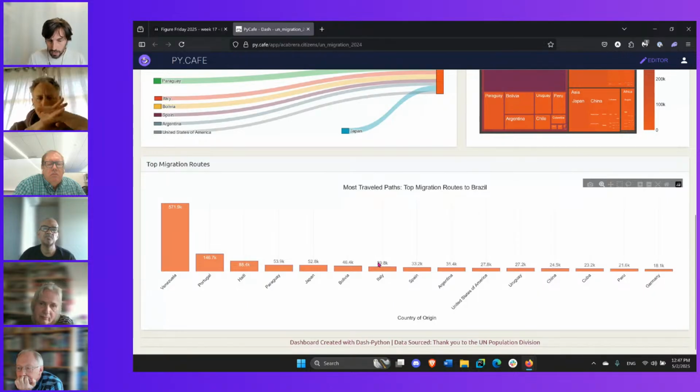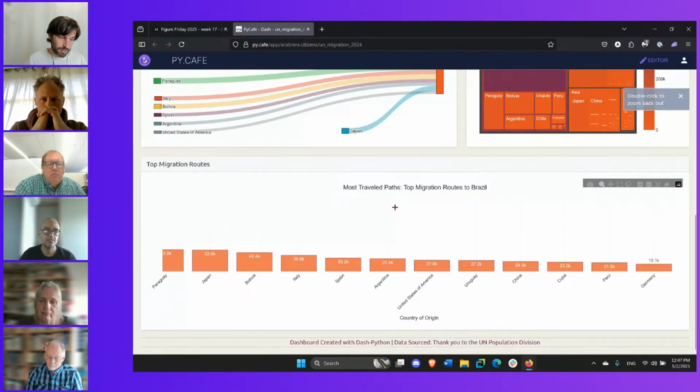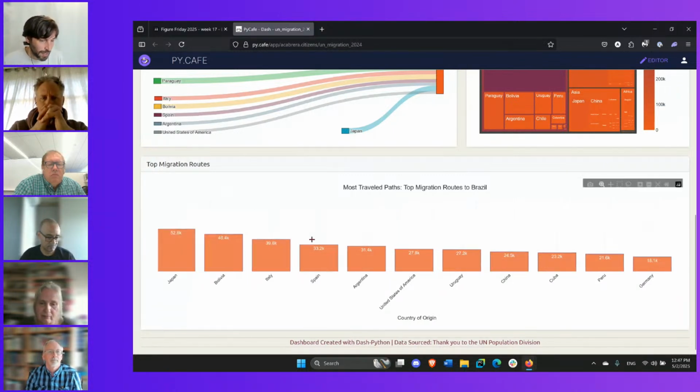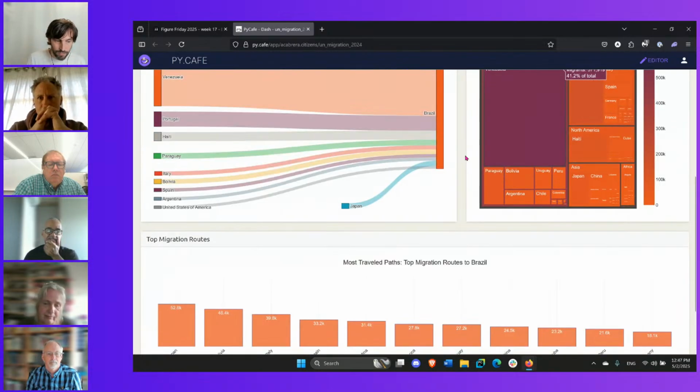bar chart, which we can even zoom in a little bit if we wanted to, which we can't do with the Sankey diagram. And by zooming in, we have a better idea, as we limit the y-axis, of who comes after who, right? And then the Sankey has the percentages, right? So we know Venezuela is